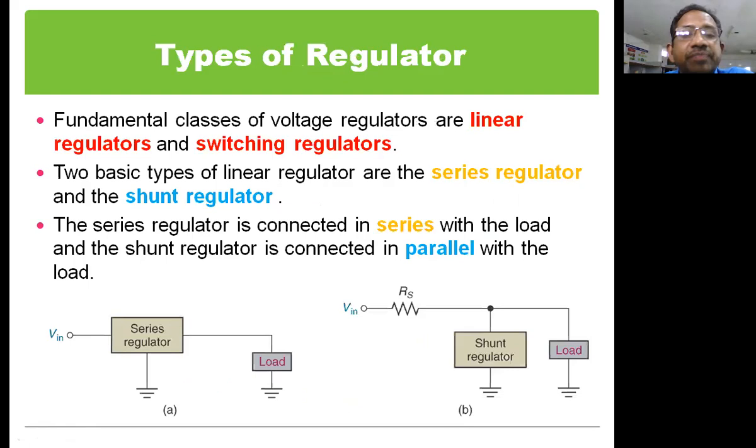The next one is types of regulators. There are two different types of regulators we discussed just now, known as the series regulator and the shunt regulator. Now, how can I say it is a series regulator? How can I say the other one is a shunt regulator? Just by seeing the control element. The control element in the series regulator will be coming in series with the load. Coming to the shunt regulator, the control element is going to come in shunt to the load resistance. So these two are the basic differences between the series regulator and the shunt regulator.